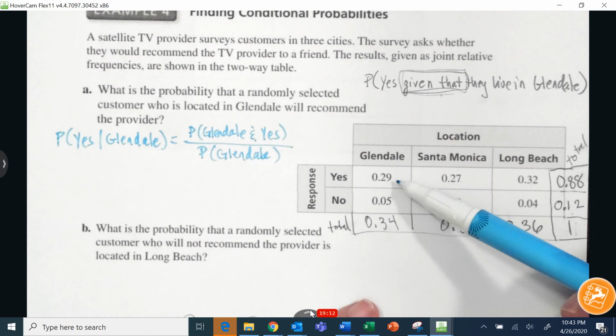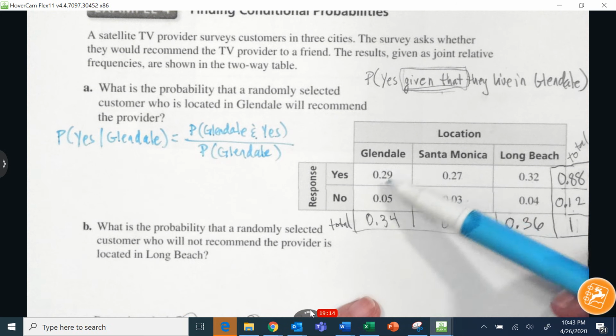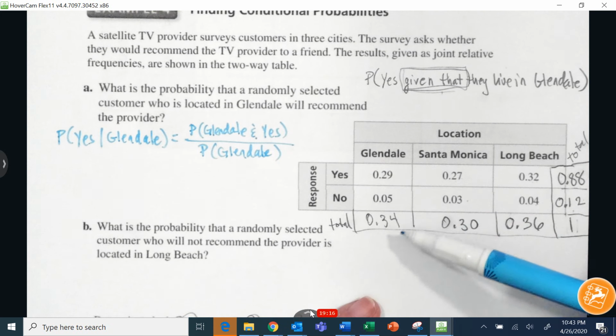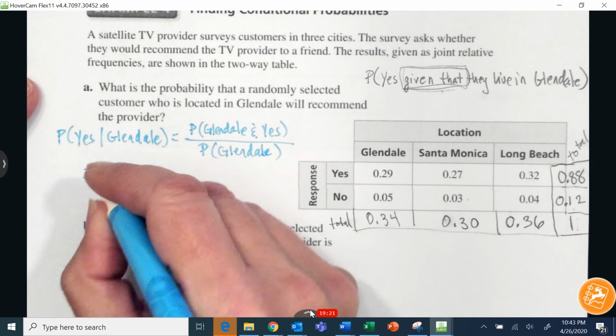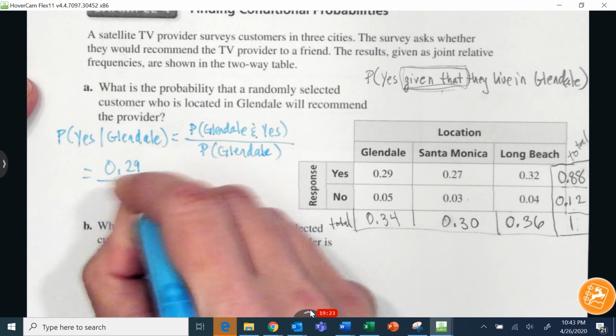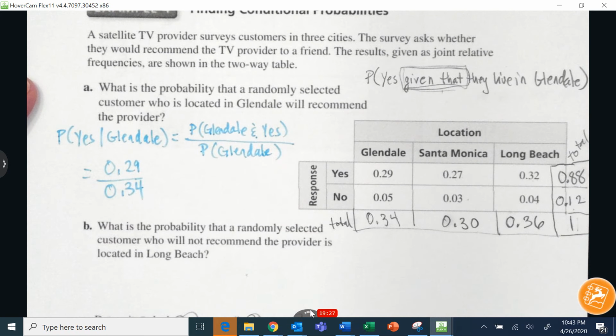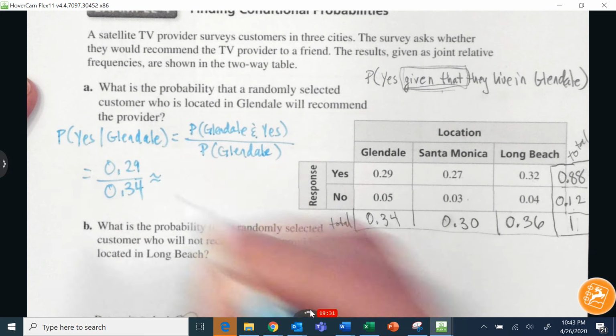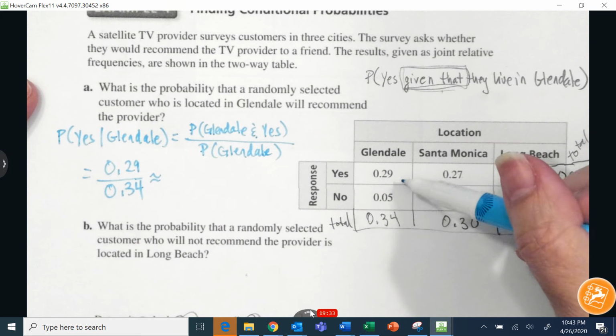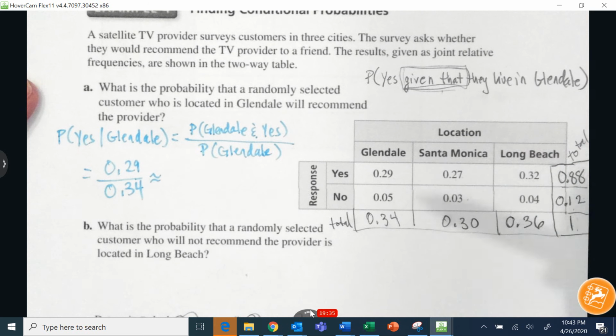Okay, so over here we're looking at the probability that they said yes and they're in Glendale divided by the total of Glendale. So we're going to do 0.29 divided by the total of Glendale, 0.34. Okay. We divide that and we get, and I'm putting approximately because these are probably rounded,